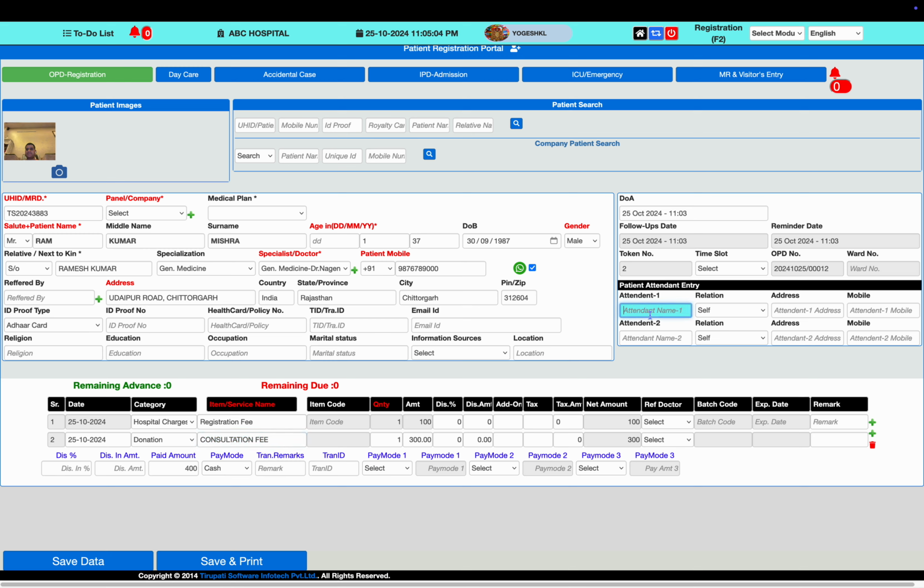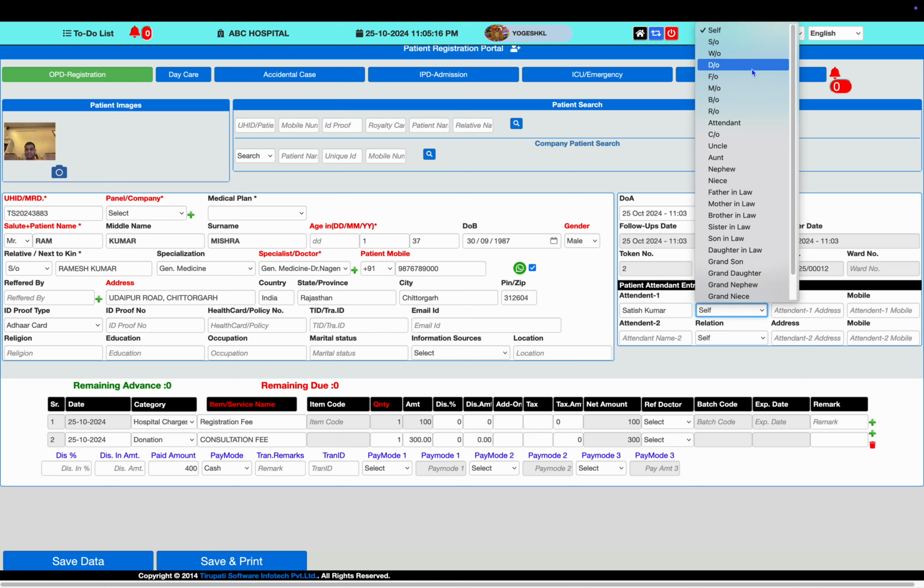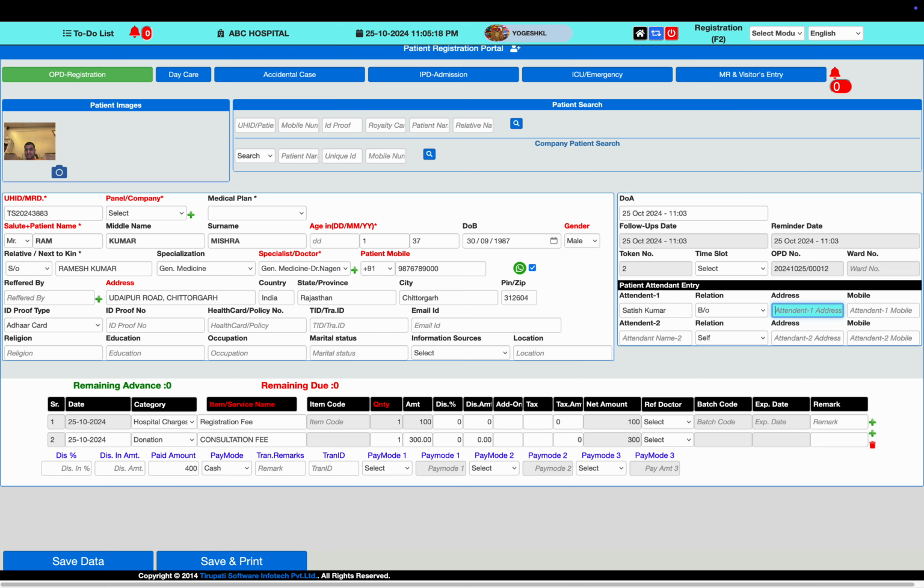On the right side you can see the patient attendant information, like someone who is along with the patient, Satish Kumar, for example. It is not compulsory, you can optionally fill it. This is the brother, and this belongs to, for example, a name and police station. Here the patient's relative or the person along with the patient, their mobile number we can keep as caretaker, so we can contact them. You can maintain emergency contact detail here.